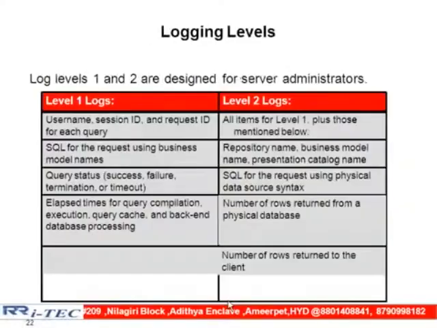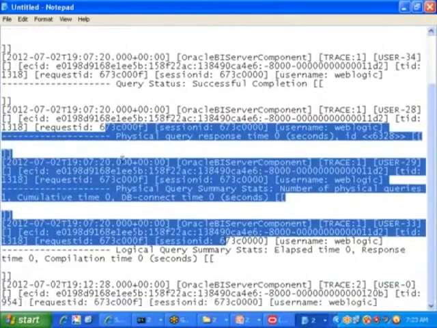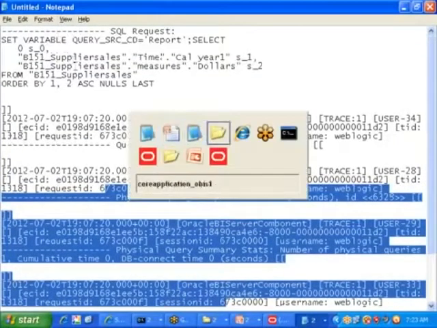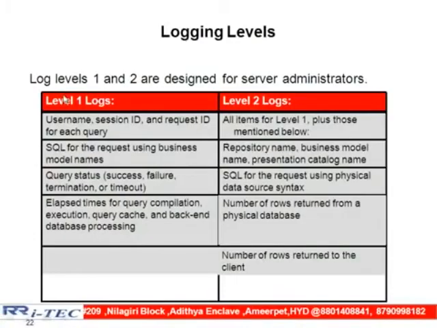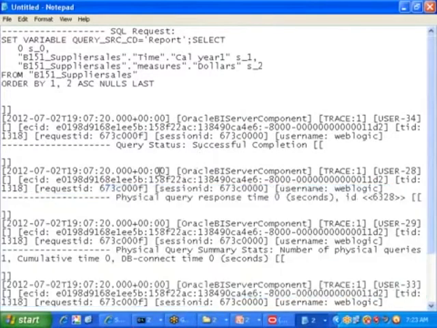If you see the log level side, observe this side only, sir. You will have username, session ID and request ID for each query. Do I have username on all these things or not, sir? Somewhere if you look, you will have your username also. I maybe didn't copy that properly. Even here also you have it somewhere, right? What is that?